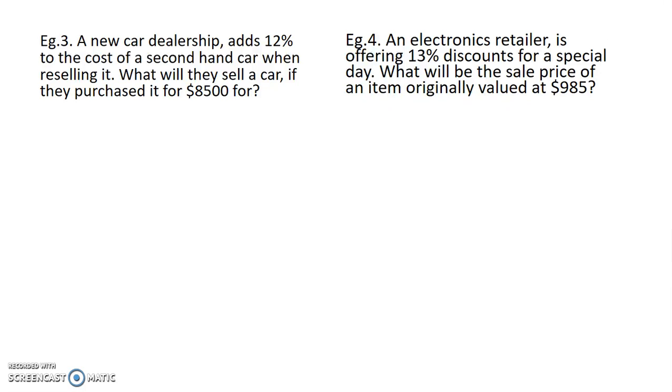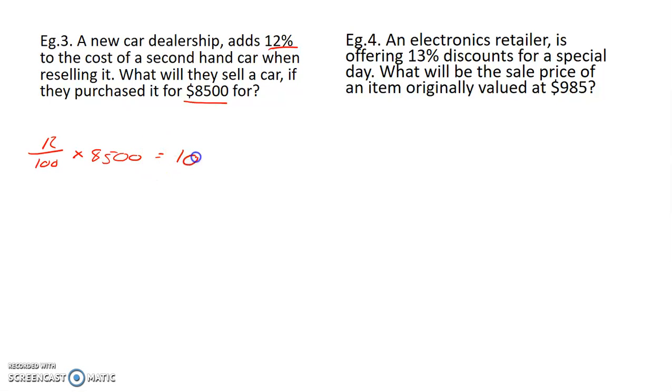The next question, a used car dealership adds 12%, so 12 is an important part, to the cost of a second-hand car when reselling it. What will they sell a car for if they purchased it for $8,500? So they add 12% on. We need to find out what 12% of 8,500 is first. 12%, 12 over 100 for percentage. 12% of